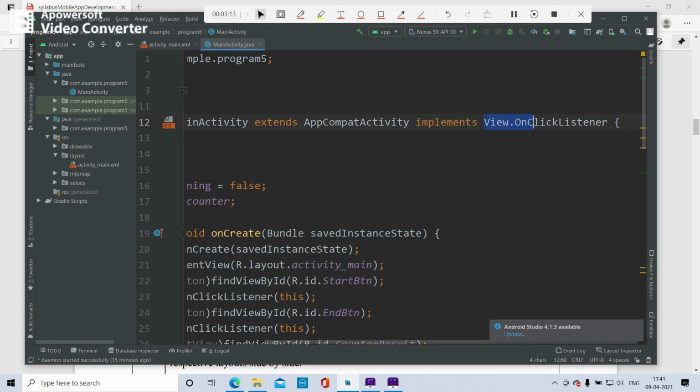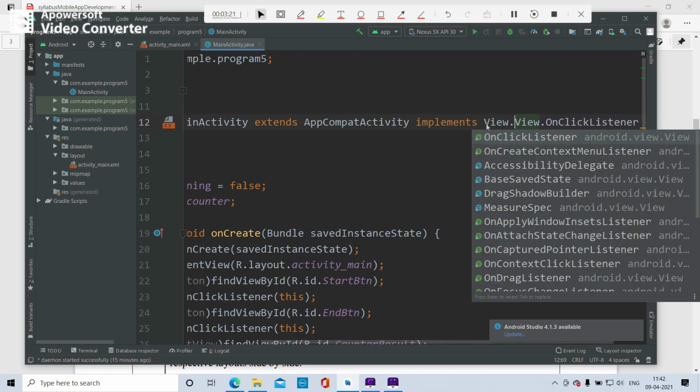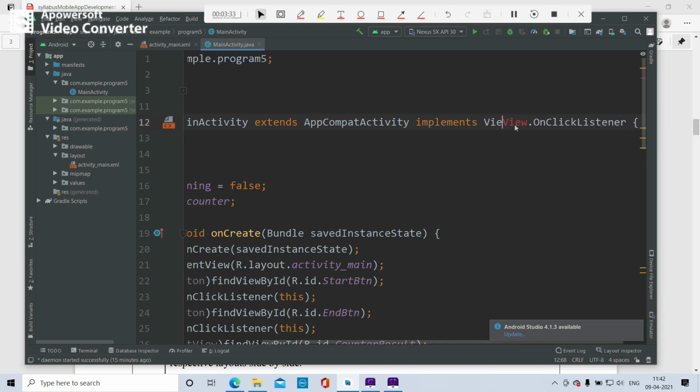This is very important to remember. When you type View dot, it automatically gives you the interface OnClickListener and many other interfaces. You have to select OnClickListener from this.